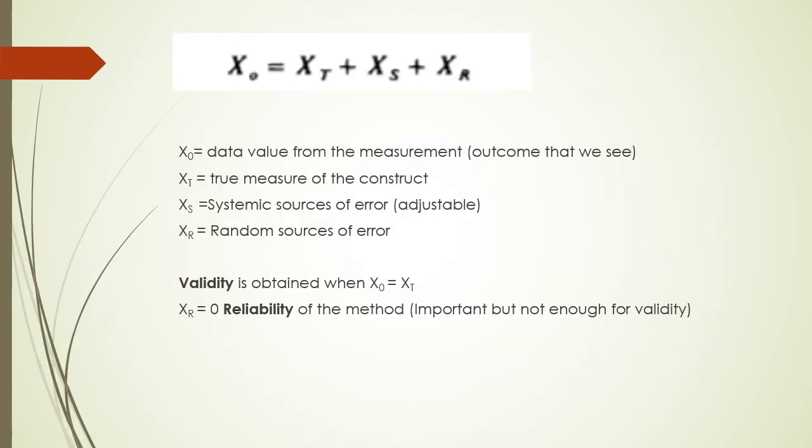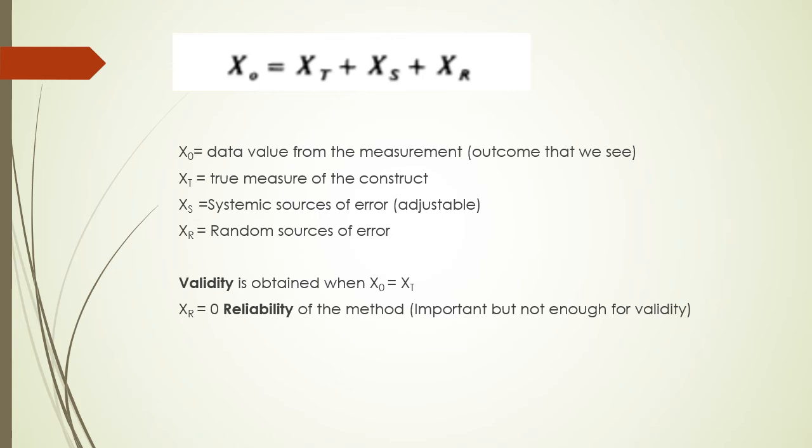And then the authors provide this equation. It's a very simple equation that summarizes the errors and the data that we expect out of our research. They simply say that XO is the value that we get out of our measurements. So this is the outcome that researchers observe when they do a measurement,